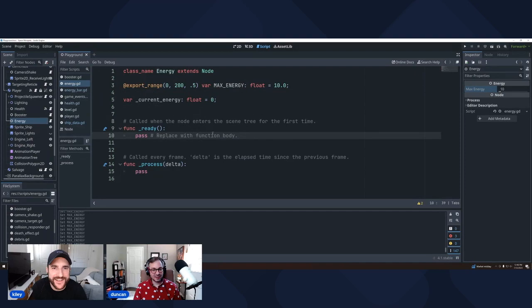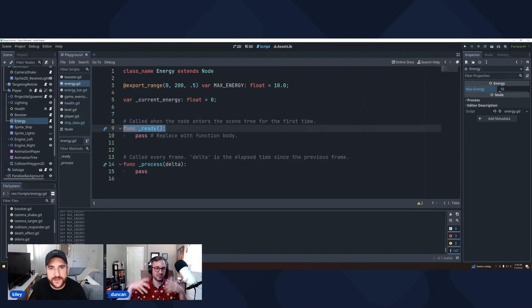Okay, so again, we have a ready function and a process function. The ready function fires once the game starts and the node is in the tree. It's kind of like componentDidMount, basically, a lifecycle hook. I don't know if people still use those. I don't use them, but I learned them.